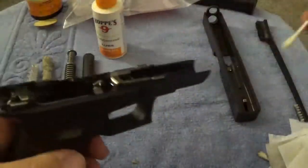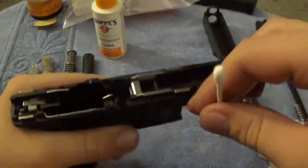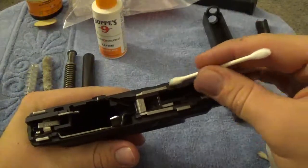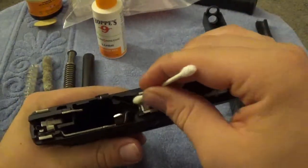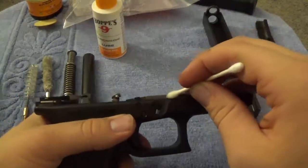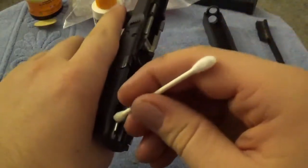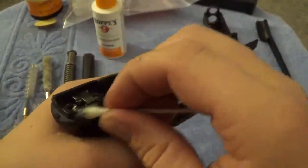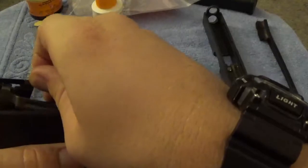Okay. Anyway, you're going to take the lubrication. You're going to lubricate pretty much on the frame. You're going to lubricate almost all the metal parts. So, guide rails right here. Lubricate the top of them. This is your locking block. Then you're going to lubricate the inside of the guide rails. There's your rear guide rails right here. Lubricate the top of them. It doesn't look like I'm lubricating, but I am. And right here on your trigger housing,